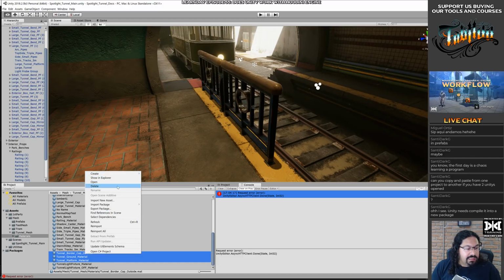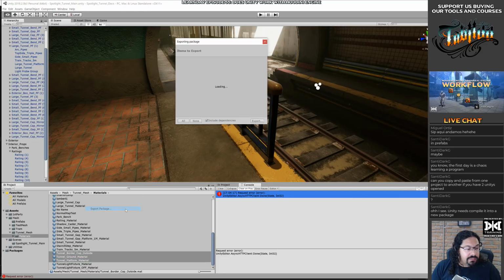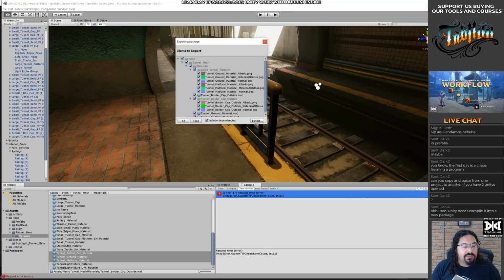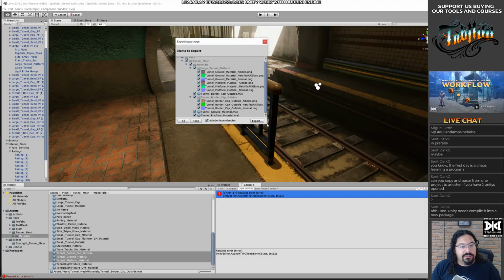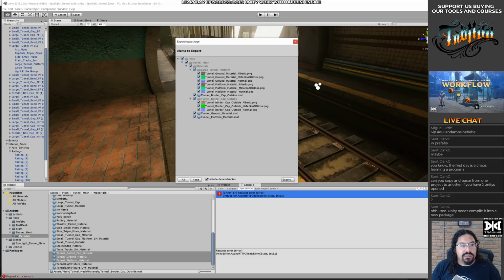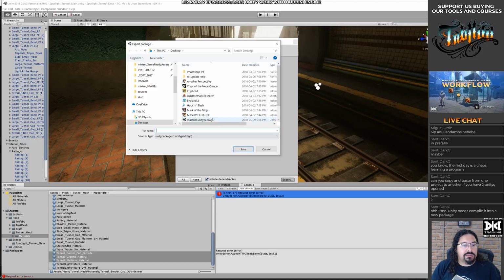There's not even a copy thingy here. So yeah, you kind of have to export them to a package so they gather. Unreal does this as well, but it just asks you where you want to put it in the other project, and then you just put it there and it works.